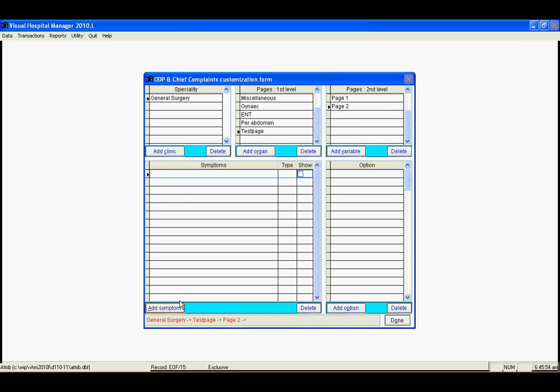Under page 2 I would just add one symptom called symptom 2, and for that I'll give options: white, yellow, red, just sample options. So this is done, and we also decided to insert two more in our